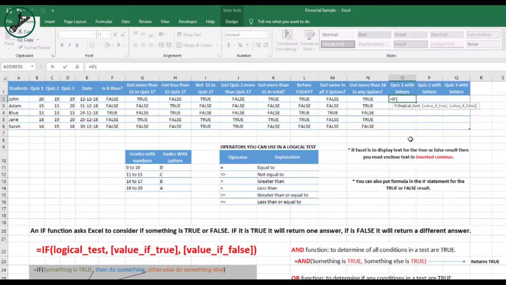IF function, logical test. If my quiz 1 is less than 11, if it's 10 or 9, 8 and so on, if it's less than 11, it should write D. Else, if it's not less than 11, it means it's more than 11, we write another